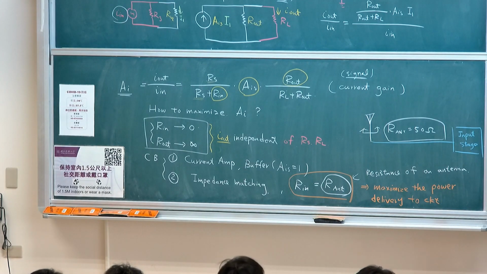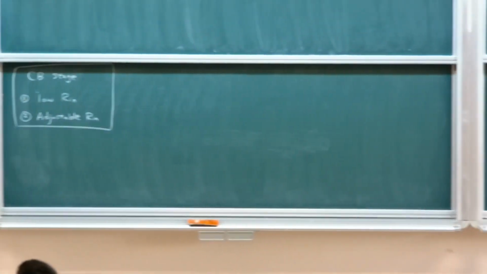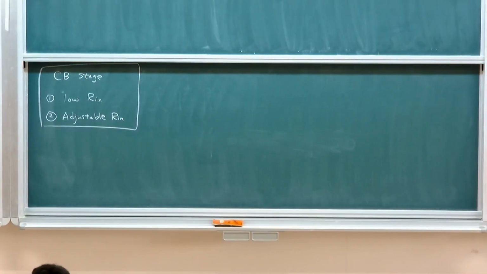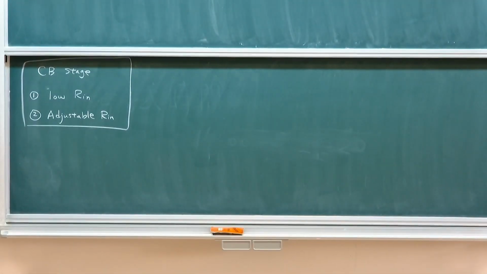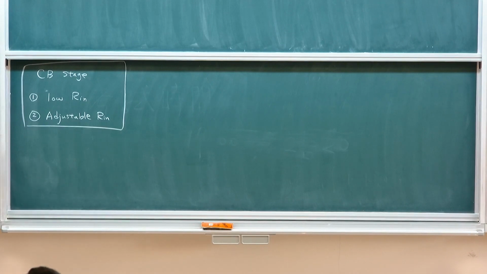It's relatively low, and it could adjust. Therefore, it meets these two requirements. Either you're dealing with input signal as current, or you want to take in maximum power from the antenna. Then you want to adjust it so that it matches. Okay. So let's take a look at